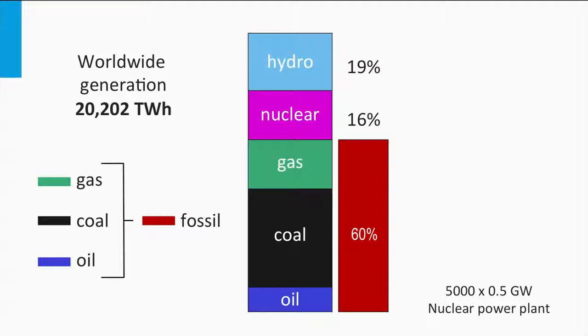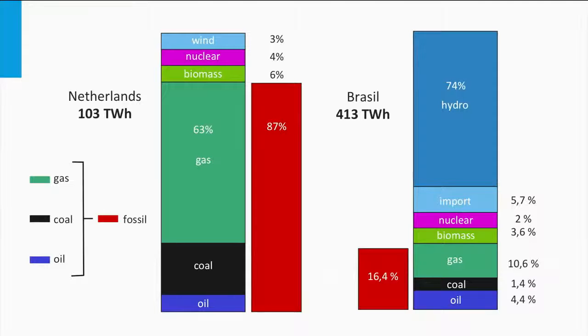In 2007, 20,200 terawatt-hours of electricity was generated worldwide. If you consider a 0.5 gigawatt nuclear power plant, it means that we need around 5,000 nuclear plants around the world if our electricity needs would be fully covered by nuclear power. Realize that sources for electricity generation might differ from country to country. For example, in the Netherlands, electricity generation heavily depends on the local gas resources, whereas in Brazil, hydroelectricity is the